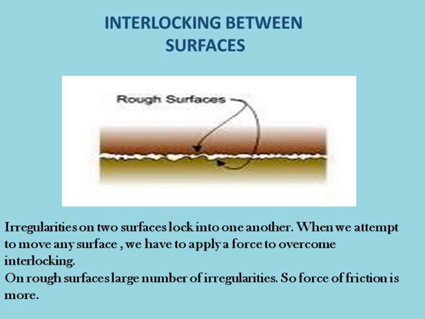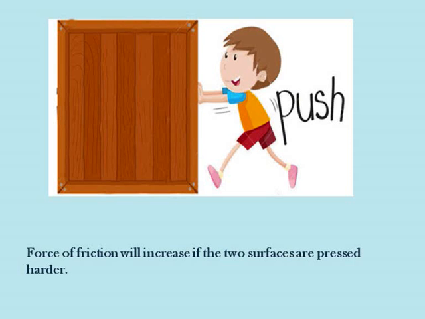Irregularities on the two surfaces lock into one another. When we attempt to move any surface, we have to apply a force to overcome interlocking. On a rough surface, there are a large number of irregularities, so the force of friction is greater if a rough surface is involved. The force of friction increases between two surfaces if they are pressed hard, and hence the movement of